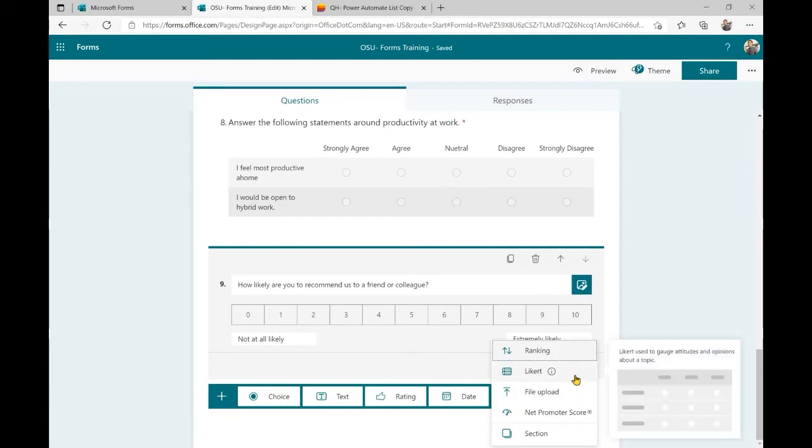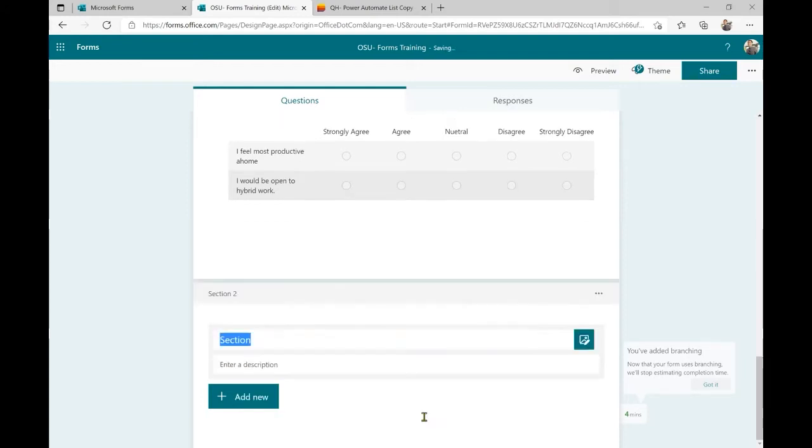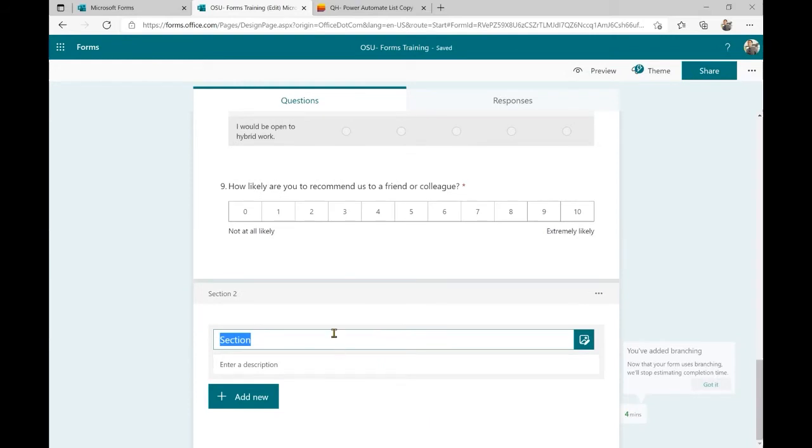Now, let's say you want to add a new section, and we're going to come back to this file upload in a second. You want to add a new section. So essentially that's like adding another page to your form. Now, the reason why you want to do this is if your form is very long, you can create the same forms that you fill out at the doctor's office, they could be made into a digital form like this. However, you don't want the form to just be one long, endless page. So you might want to have a different section that says section 2. We don't actually have to call it section 2, but we'll say